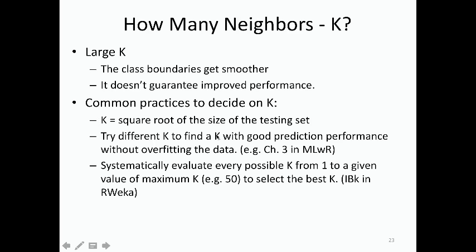Some machine learning researchers have proposed using k equals the square root of the size of the data set, either testing or training or the whole data set. I've been mostly suggesting some k related to the size of the training set. The other one is, as chapter 3 in Machine Learning with R also advocates, and most data scientists advocate, you really should set k to different values and make a comparison based on how accurate the predictions are,